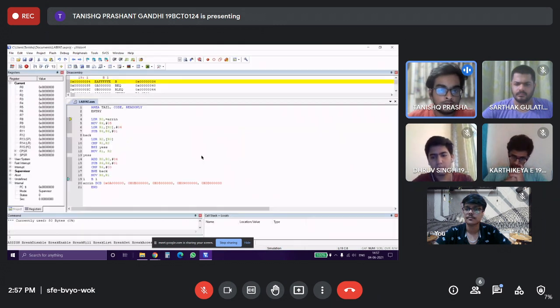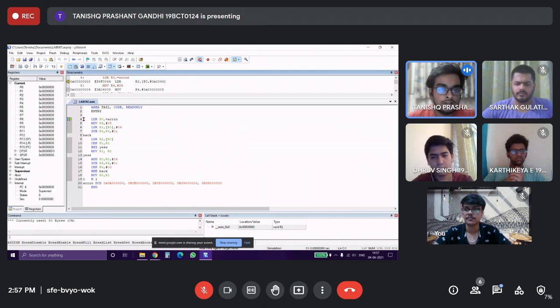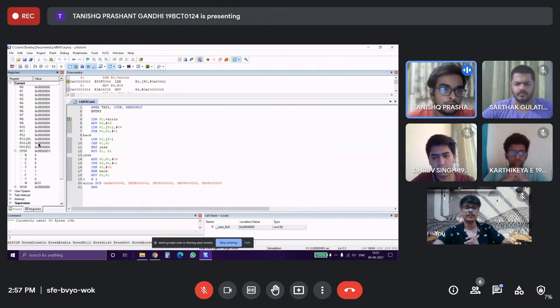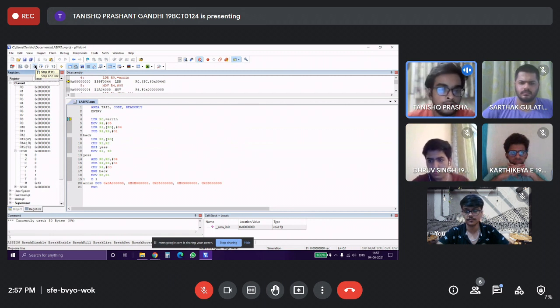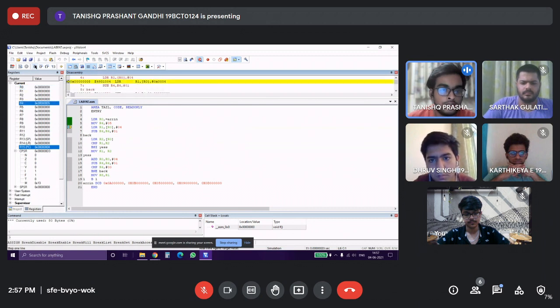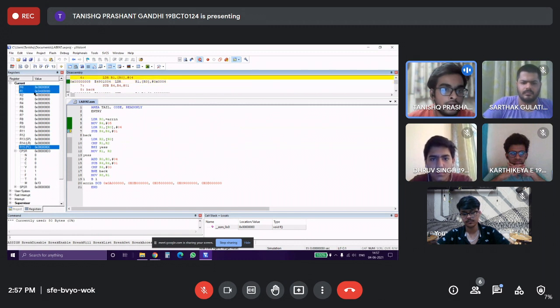Basically, these two arrows indicate which line is being instructed and which line is currently showing. So we will start with step by step output. First, R0 will contain the base address of ARIN, which is initialized at line 20. So 0x38 is the value in R0. Then R4 will contain the counter of the elements. Then in R1, we will store the first element. Here you can observe that in R1 we have 0x0a, which is our first element, and we will move R0 by 4.